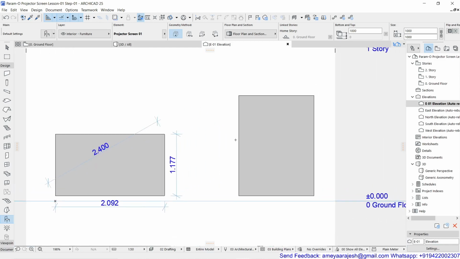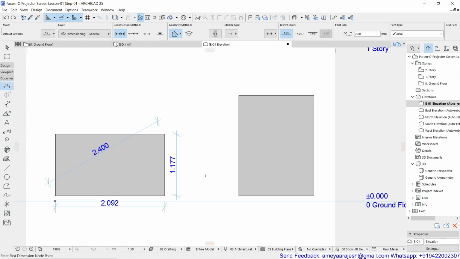If you want to put the dimensions for this, you can go to the dimension tool in documenting and check. If you check, the diagonal distance is as it is, but the width and the height, surely you will realize the difference.